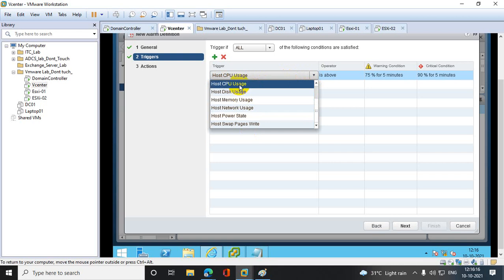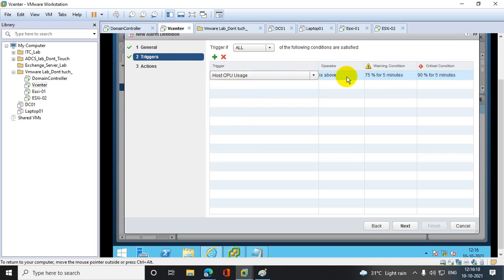I want to create it for CPU usage, so choose is above or is below, and the value I set should be 98%. Once it reaches 98% and stays there for 5 minutes, then only the alert will be created. Click on next. Enter the value of 90 for trigger host CPU usage.